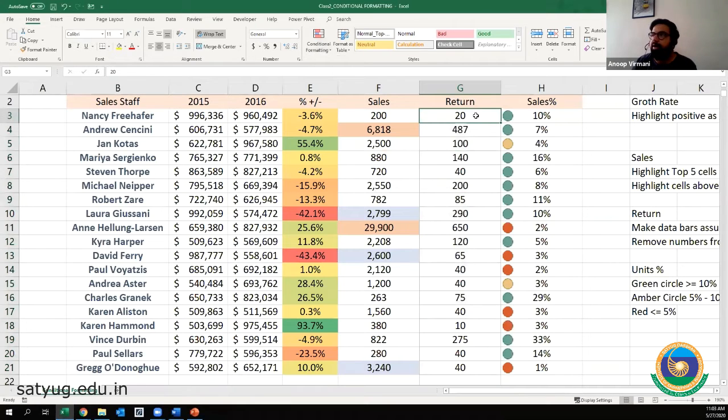So what data bars are basically, it is like a bar chart, right? The statistical bar chart that we must have done in class 10th, 11th, 12th for commerce students and basic statistics also. So in this one, what do? In the return, we need the bars and the bars have to be as per the value, right? So what do? We select everything.